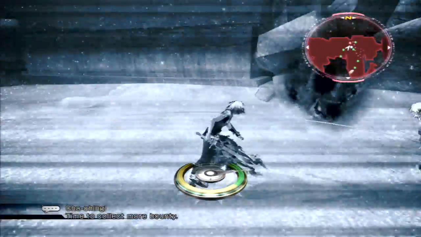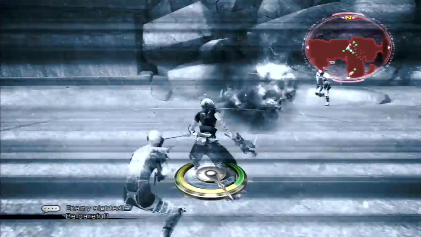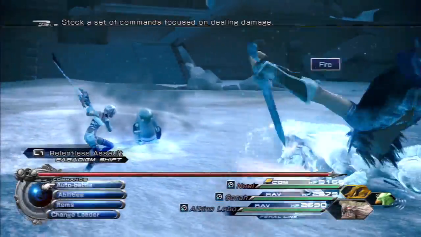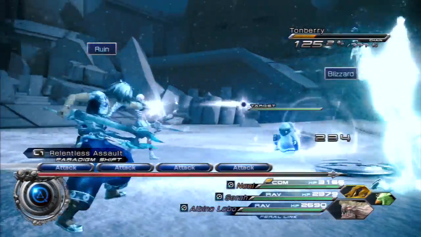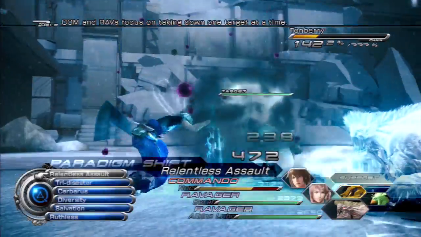Whoa! Oh my goodness. Okay, I guess I'll show this off. So this is a rare enemy that we get to face. And now we get our first kick at the Tonberry. Now, you can tell that he's a really rare enemy because of